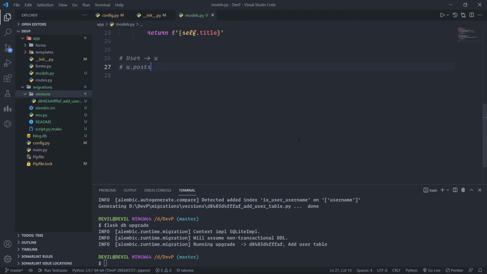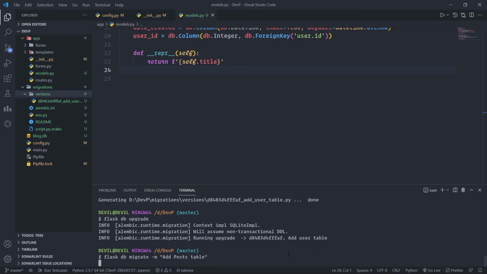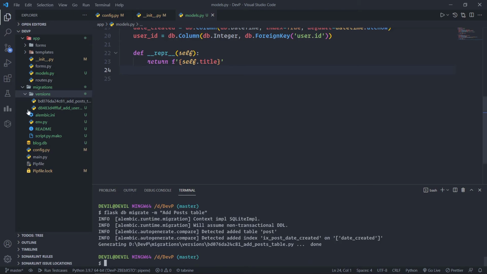Since we have made some changes to the database, we can run the migrations, and remember, we don't need to initialize the database again since we have already done it. So we just need to write flask db migrate, and we can add the migrate message, add post table. Cool. And it will create the migration script.